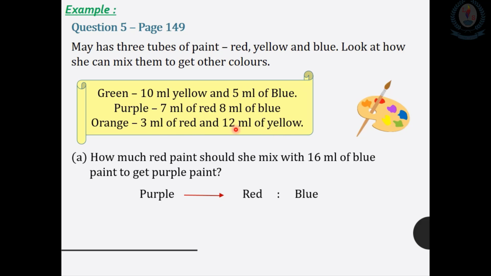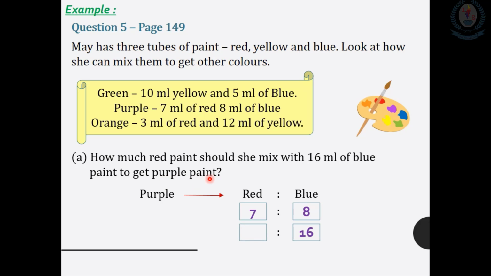But what is the ratio between these colors? Yes, here we can see 7 milliliters to 8 milliliters. 7 to 8. Then children, according to the question asked, she has to mix the red paint with 16 milliliters of blue paint. Then